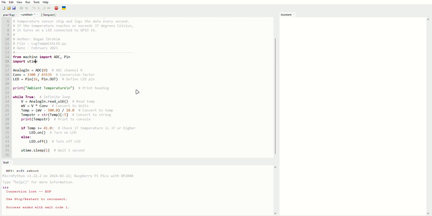And then it's going to convert it to a string. And right after all that, it's going to print this out on the console, on the shell. If the temperature is bigger than 41, then it's going to turn on the LED. Else, it's going to turn off the LED. So here we're using the same signal to turn on the LED to connect it to the FPGA, so that every time the temperature goes to 41,